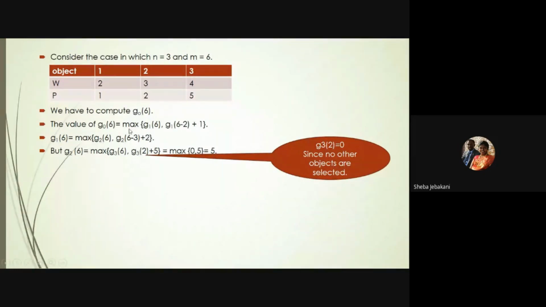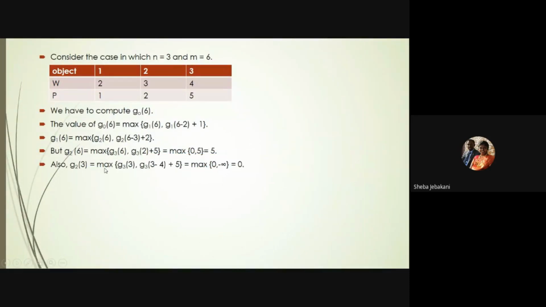So next thing I need to compute this side, that is G2 of 6 minus 3, that is 3. So G2 of 3, if I have to compute, then basically I'll have to compute again like,